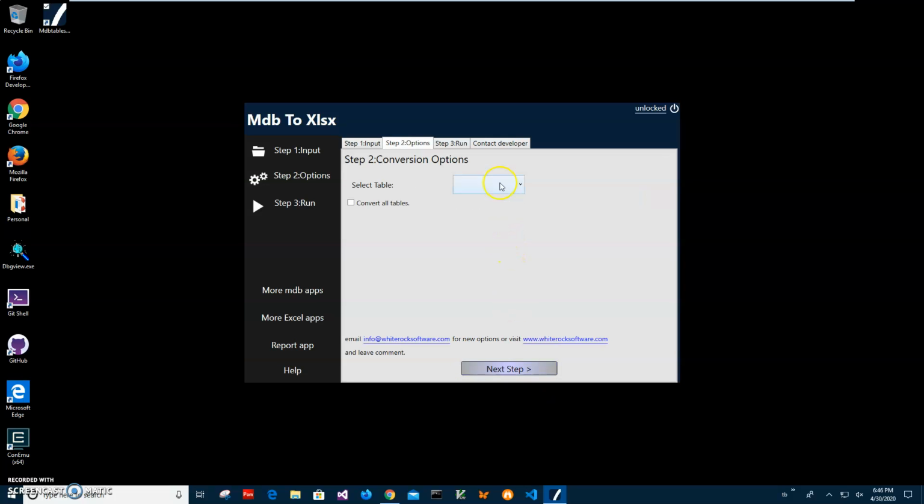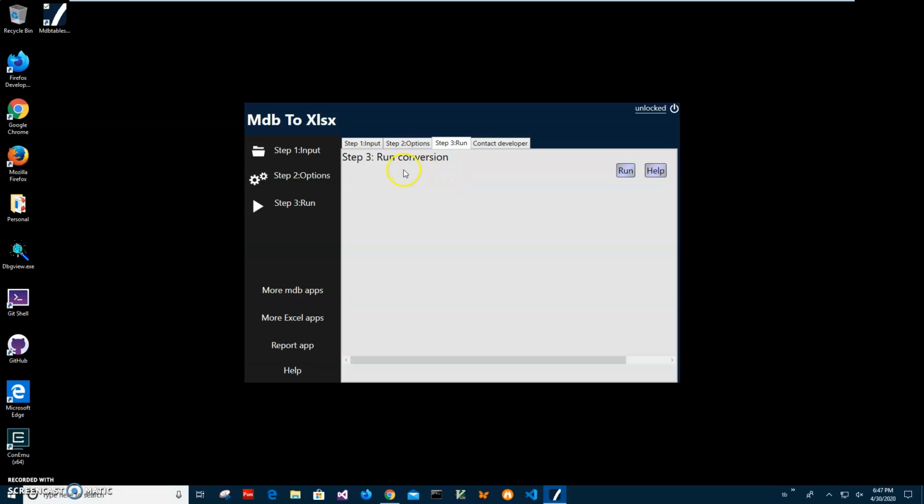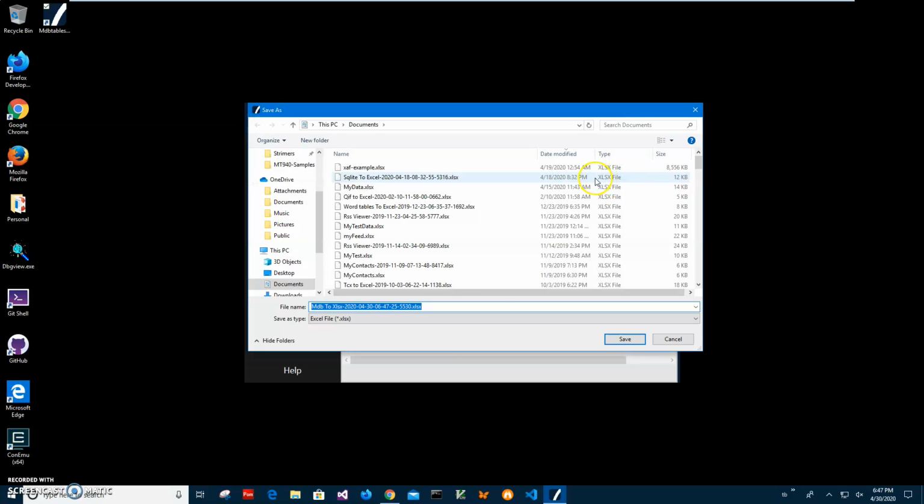In the next step, I can select the table I want to use for converting. You will see the tables from your MDB file here. So, for example, if I want to select only US states, I can select this, or I can select this table. But if I want to convert all tables into Excel, I'll just click convert all tables. So let's do this now and click on next step. In the final step, I'll just click run to create the Excel file, and here I'll have to specify the name and location